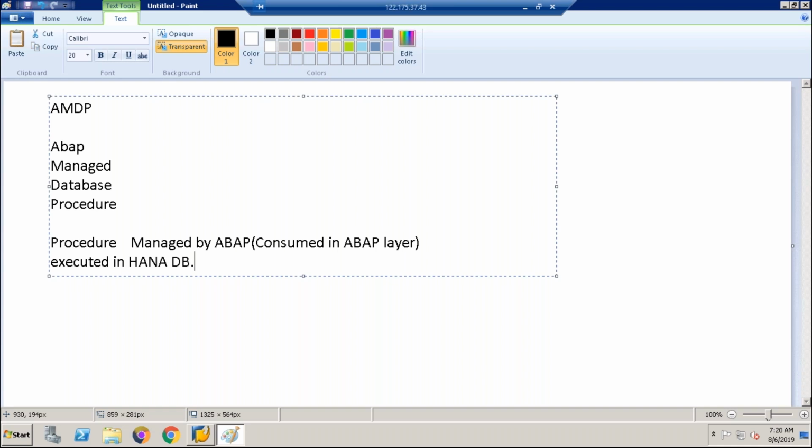Simple, guys. So AMDP is a procedure managed by ABAP, nothing but consumed in the ABAP layer, SE38, but executed in the HANA database. That is the full form of AMDP, ABAP Managed Database Procedure.